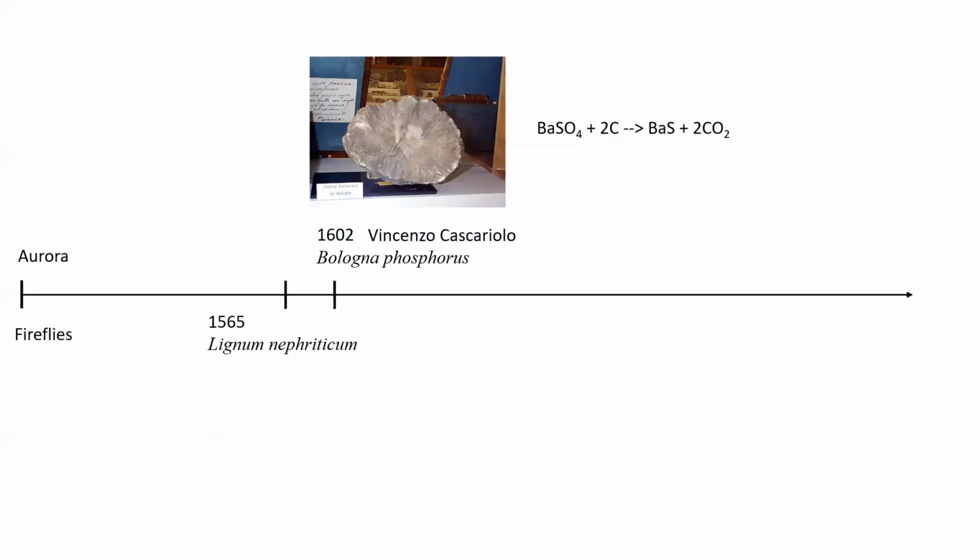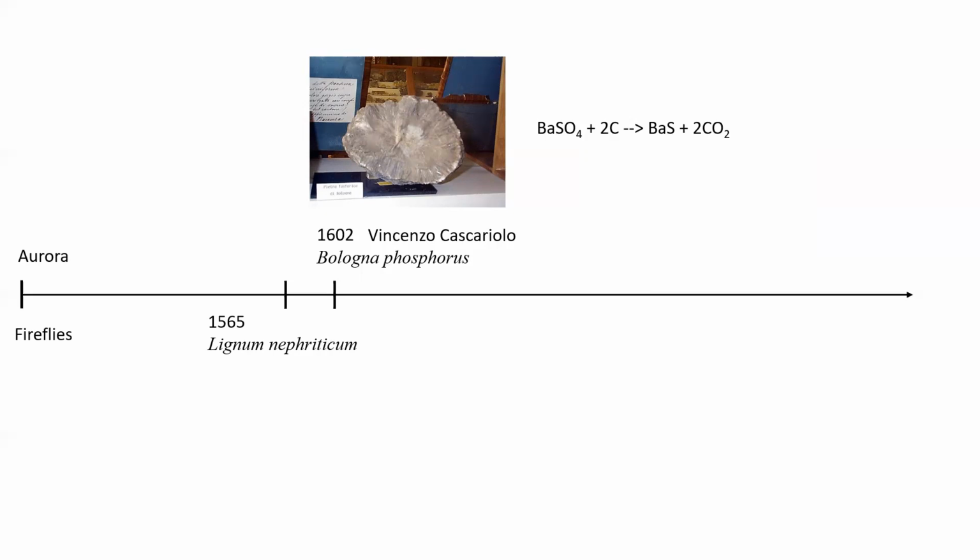Then the next report comes a few decades after, in 1602, by an Italian guy in the city of Bologna. This is actually a pretty interesting story. This man was just a worker making shoes, but he was passionate about alchemy. And of course, you know that the main goal of alchemy at the time was to make gold. And so this man was walking in the mountains looking for funny rocks,